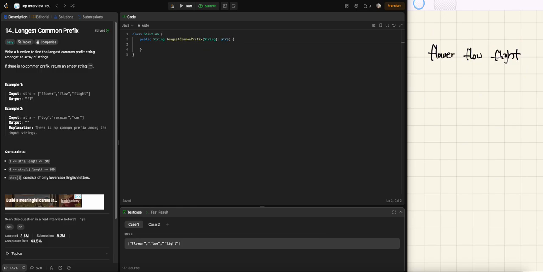So let's do problem 14 using method 2. Method 2 is much simpler than method 1 because we don't have to sort the array. So the method is like this. We are going to set our first word as our prefix,